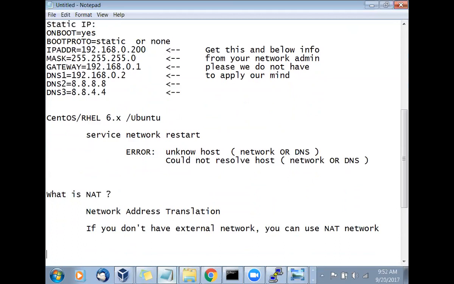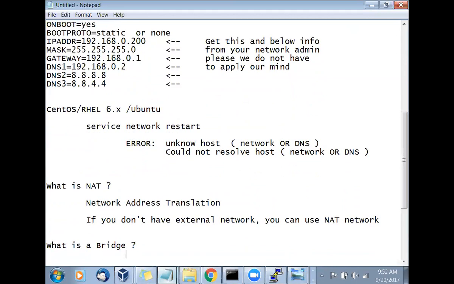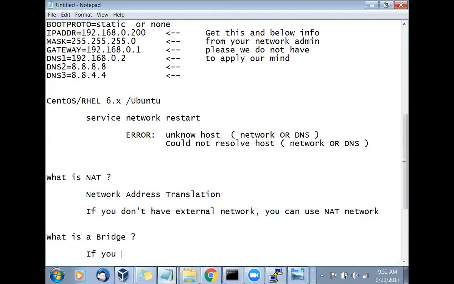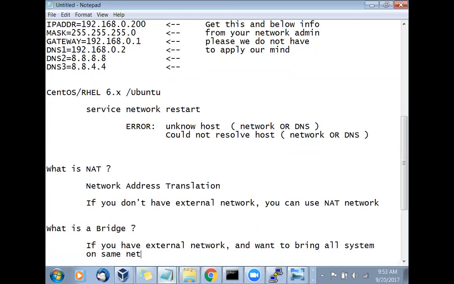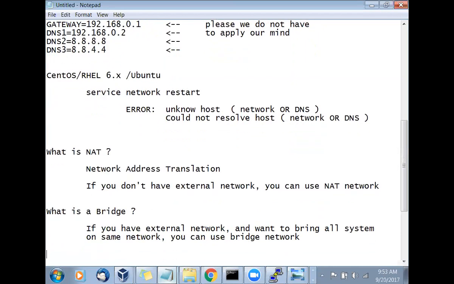And what is the bridge? If you have an external network and want to bring all systems onto the same network, you can use bridge. So is this clear?